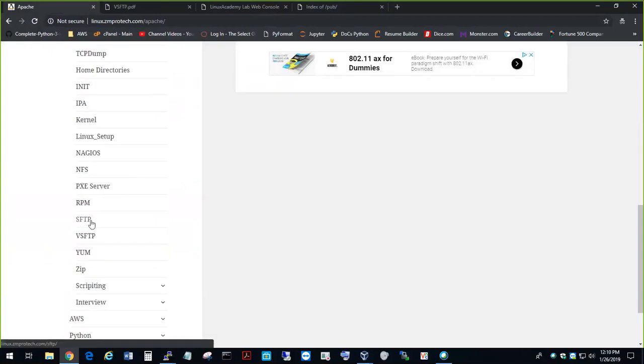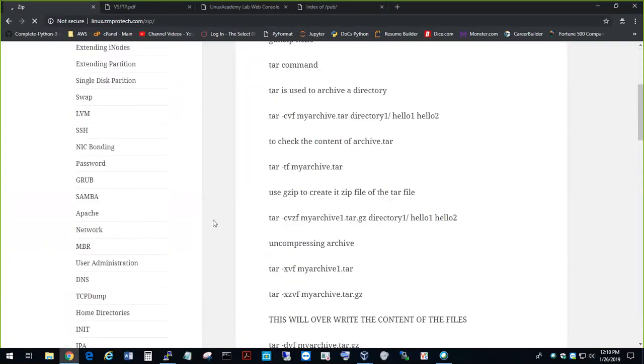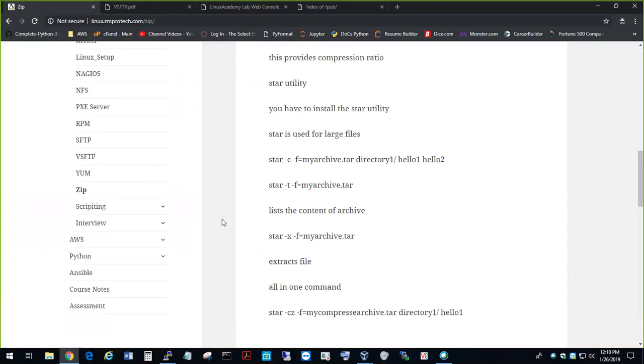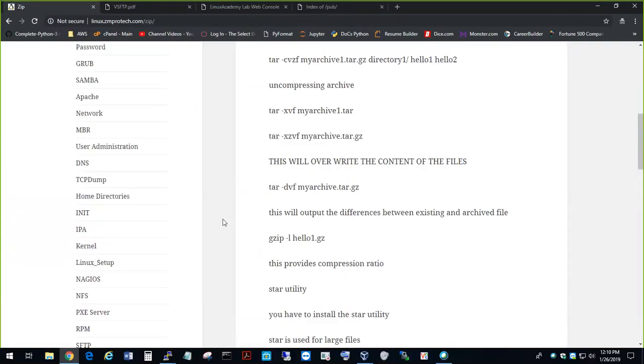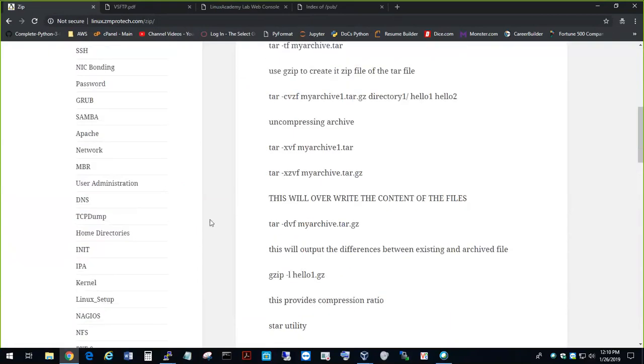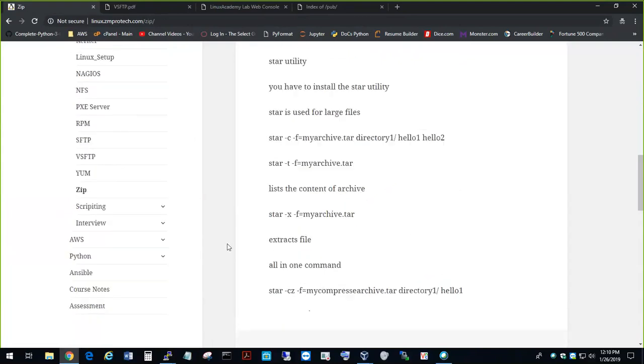So today we completed SFTP, VSFTP, and did we complete this? How to zip a file? Yeah, I already completed this. How to zip a file. But anyway,